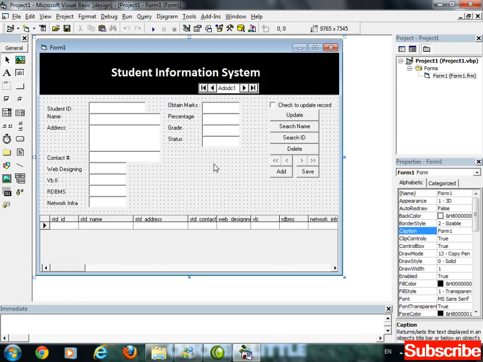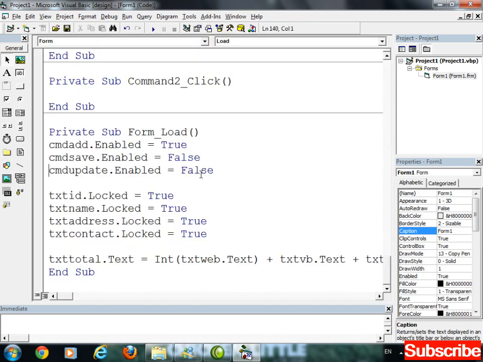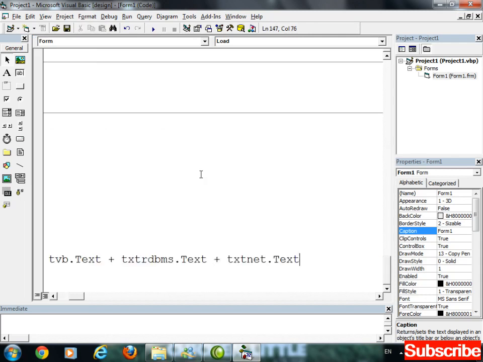Okay, again double click on the form and at runtime, you have to assign the value, the percentage, from txt total to txt percent. Double click on form. This line is for total marks.